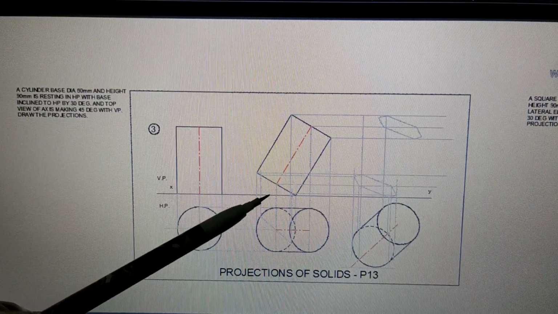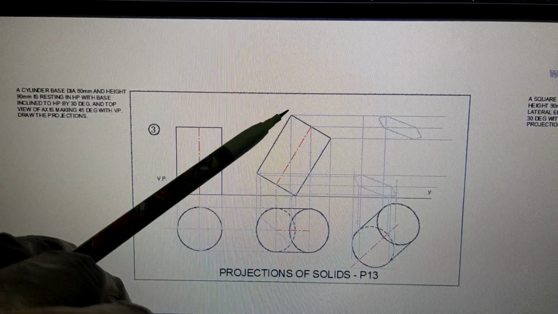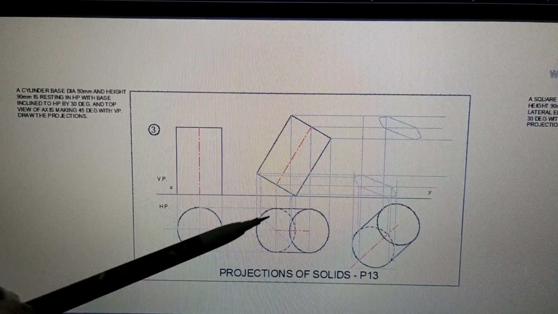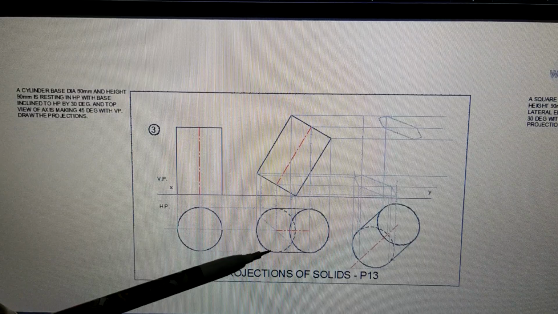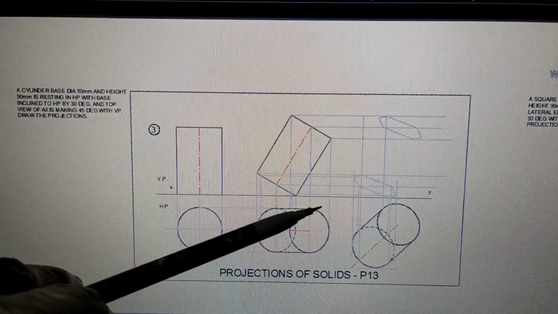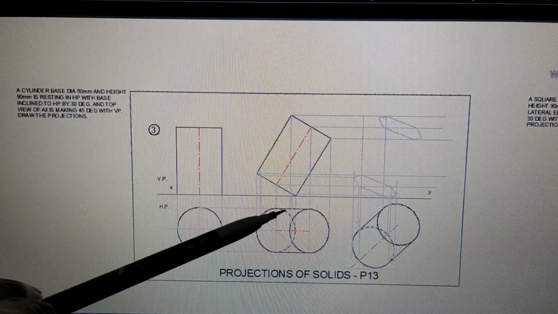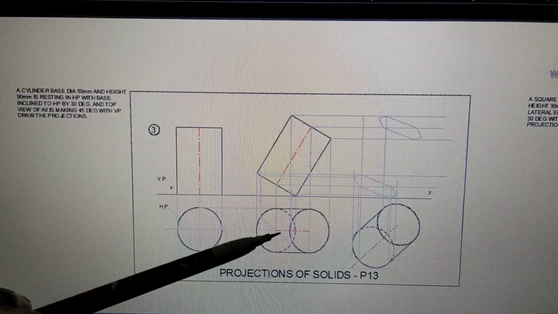So once you draw the base at 30 degrees, now this rectangular view of the cylinder, when you see from top, how it is seen in the top view, this is how the figure is. So the base circle is shown by this ellipse. The top circle is shown by this ellipse. Now the top circle is seen and the base circle is only half seen. This particular side of the circle is dotted because it is hidden. So this is the cylinder.